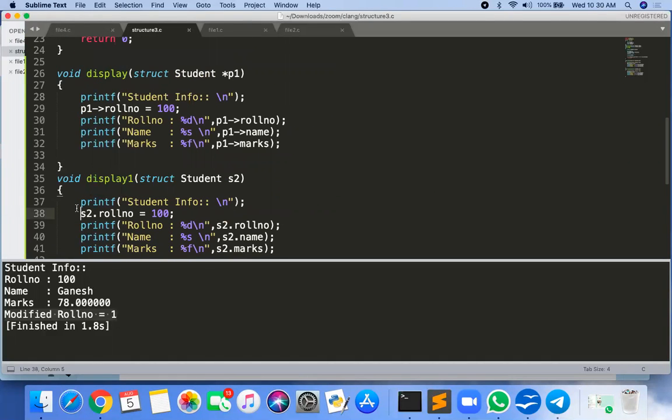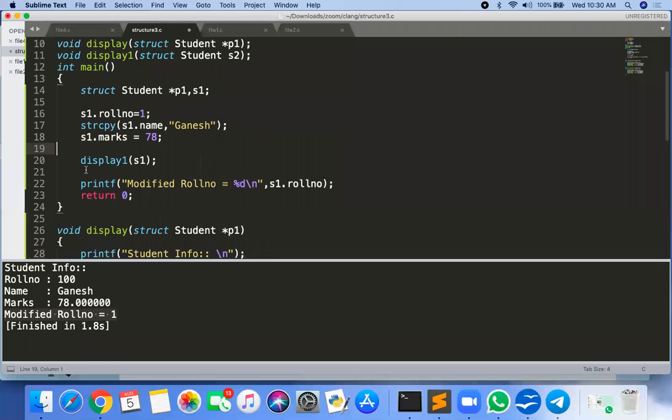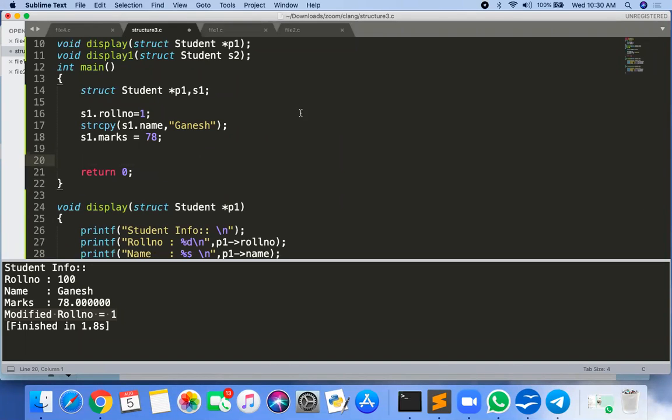So I'm just removing this s2 dot roll number here. Here also I'm removing. Now here, I don't want to create S1 as we have created earlier.